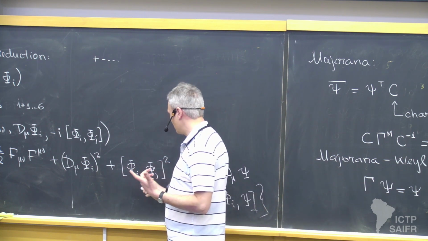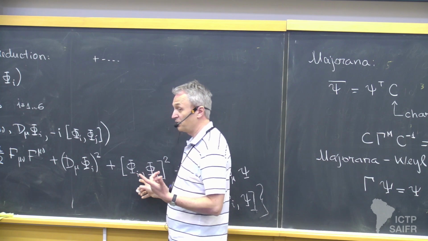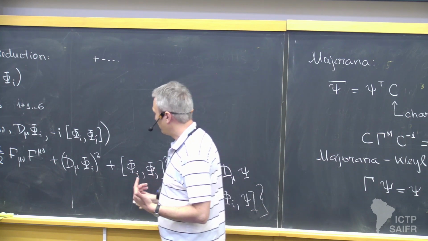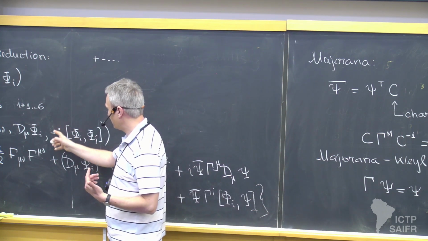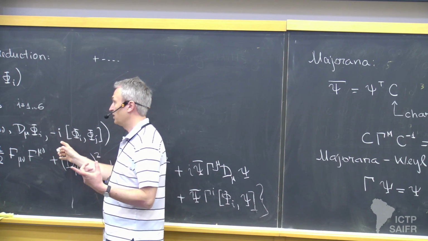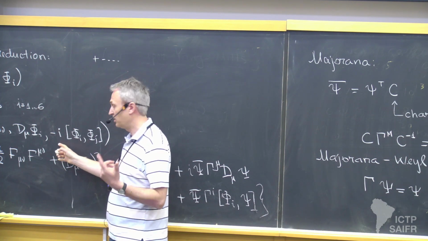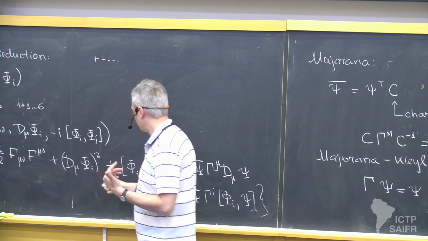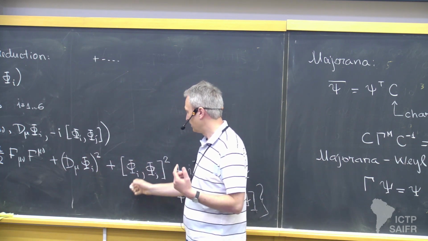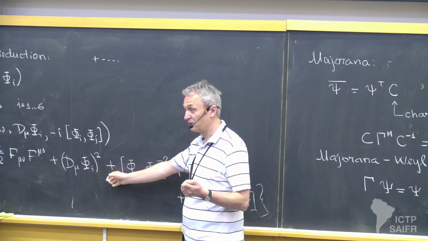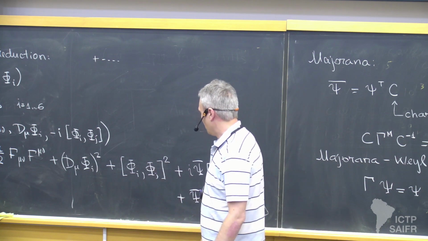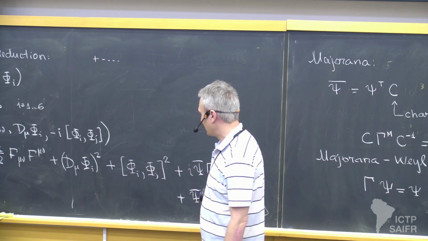So here I get a plus for a bit of a different reason. There are two j indices. They don't produce a sign, but the commutator does. In the field strength, the commutator comes with an i, and i squared gives plus. Again, this plus is important because